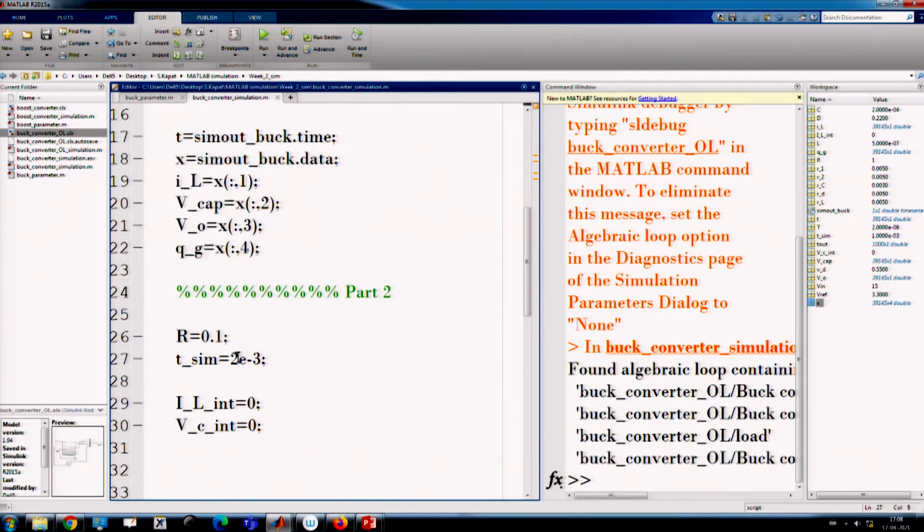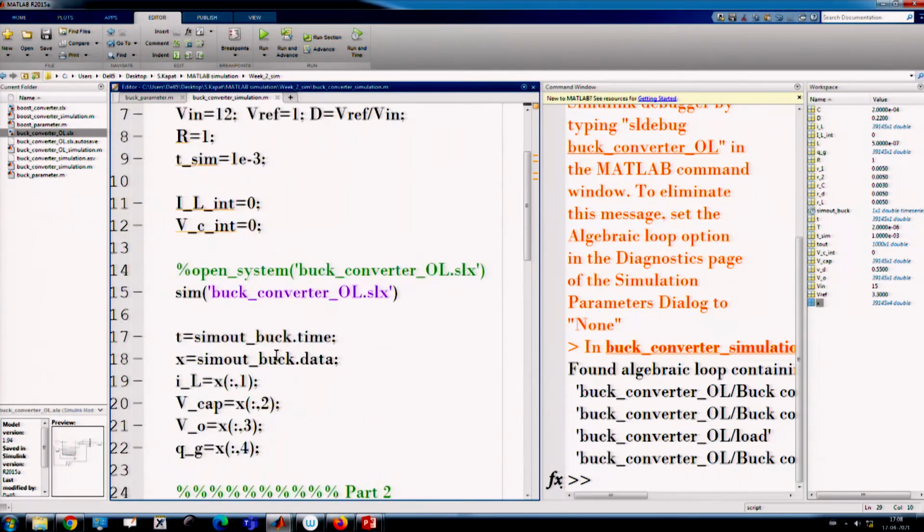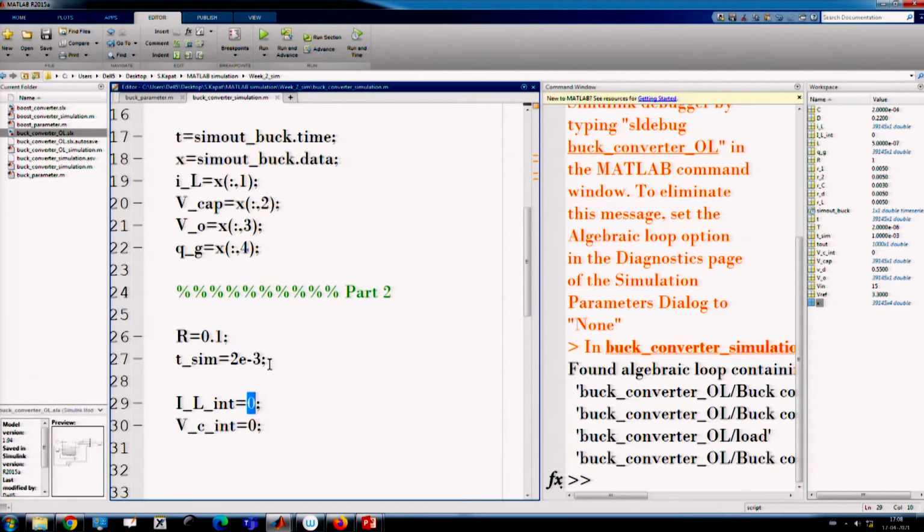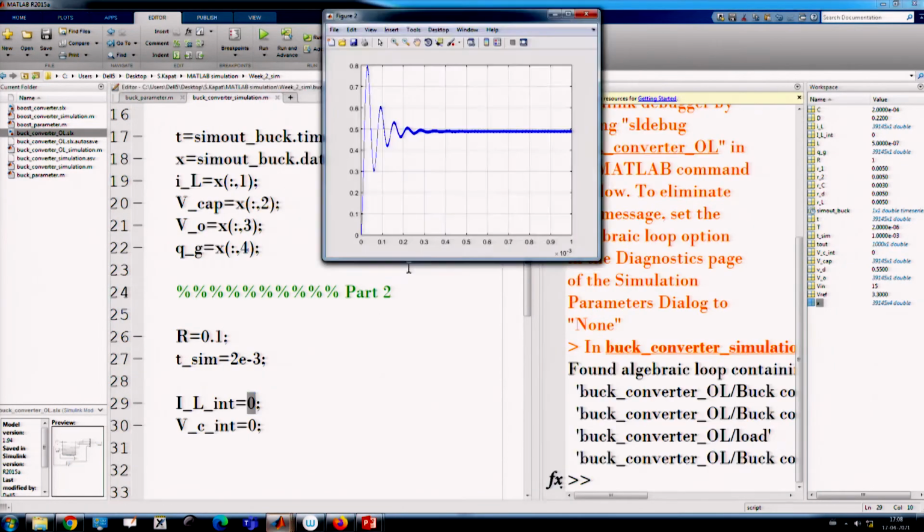But one thing you will notice is that for the inductor current, we have already run for 1 millisecond, and we have to run for another 2 milliseconds. We cannot run from the same initial condition of 0, because the system has already reached a certain level. Let us draw this.